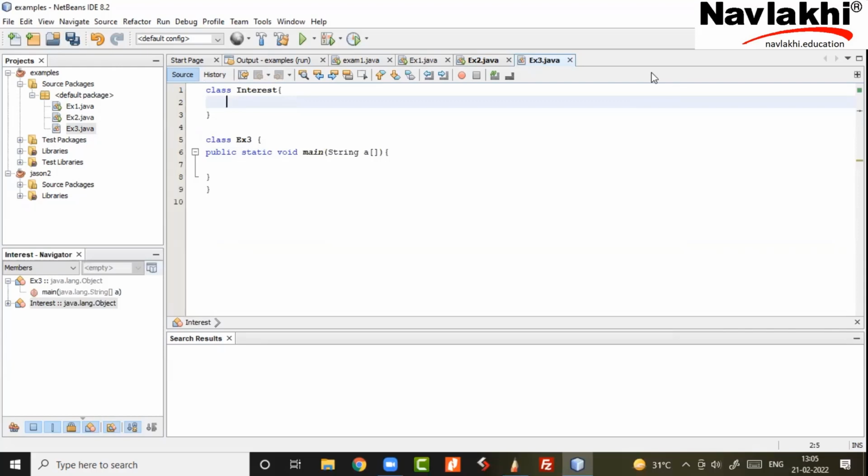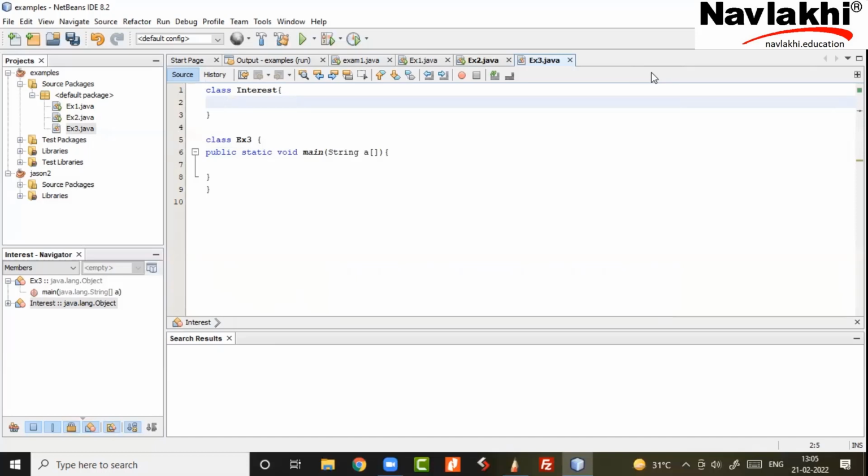Okay, so when you're writing the class interest, somebody else is going to write the main. You're not the person who's going to write the main. Maybe your manager may write it, your senior may write it, your group leader may write it, whoever. The whole idea is now we are looking at 3 types of people involved. One, the client for whom we are writing, whom we may not be able to talk to, whom we don't know. Second is the main programmer, which now I said it's not us.